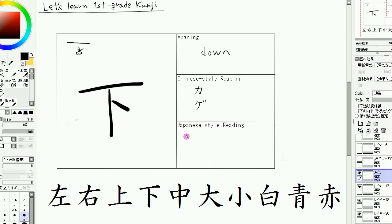And Japanese style reading is, well, it has many readings. Basic one is shita, which means down in Japanese word. But we sometimes use it as shimo or well, moto. Well, these are very rare usages. Okay, now it has some verbs. For one, it's sagaru, which is a verb to mean to go down. Oh, it has this verb too. Sageru, to make it go down. So this kanji is only read as sa, but it doesn't make sense unless it's combined with these conjugational kanas, okay? Or maybe sometimes it's used for this verb,